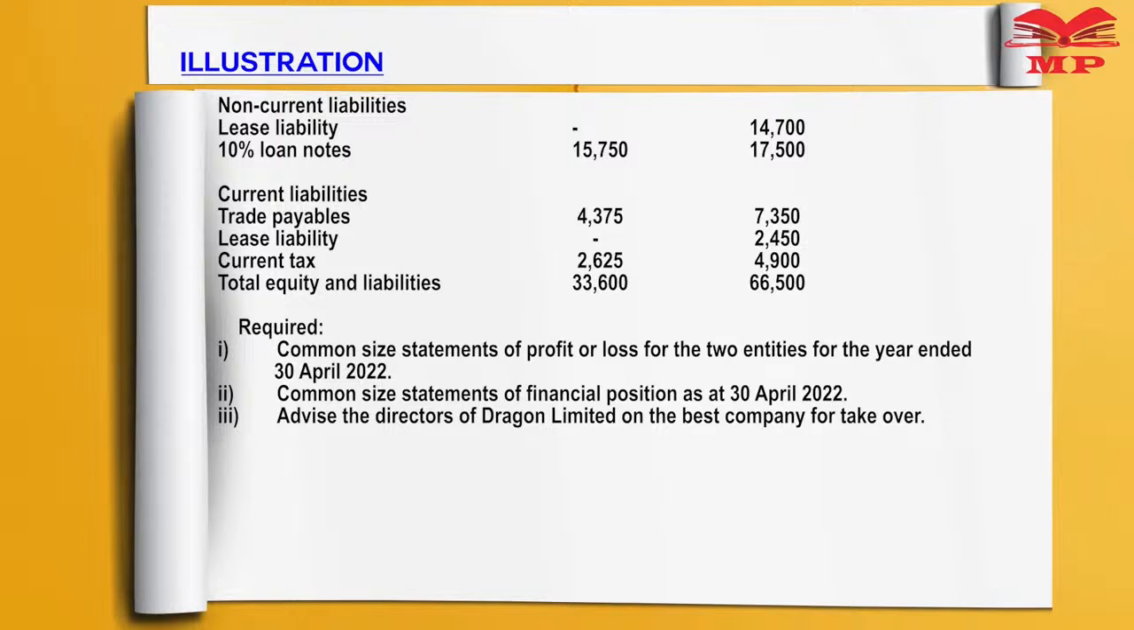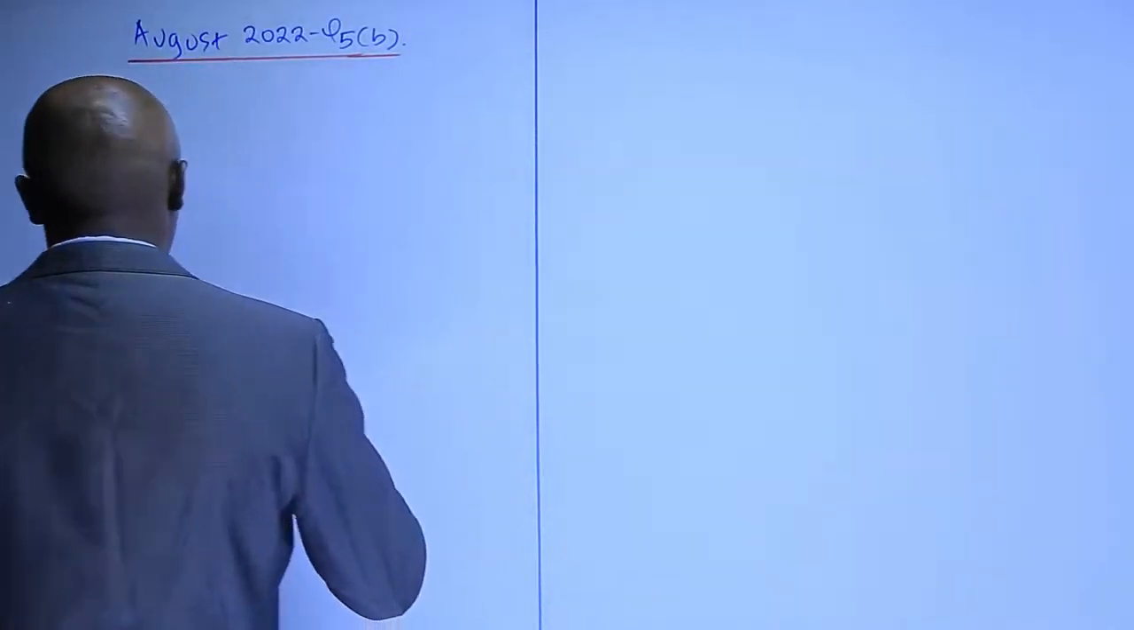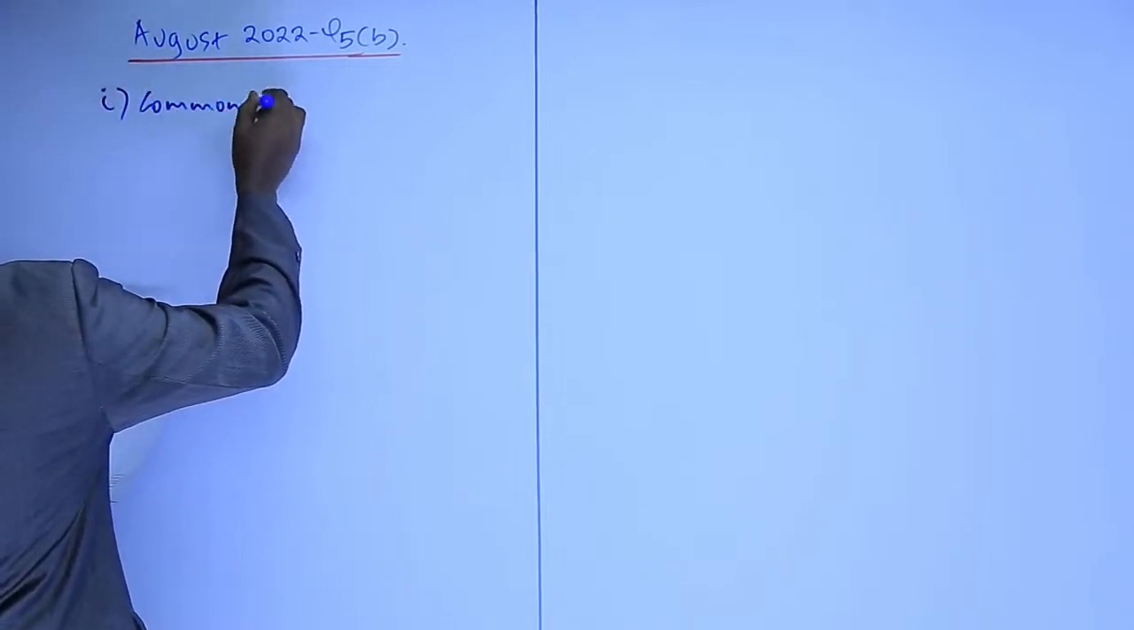What is required in Roman 1 of that question is a common size statement of profit or loss for the 2 entities for the year which ended 30th April 2022. Roman 2, a common size statement of financial position as at 30th April 2022. And finally, we are required to advise the directors of Dragon Limited on the best company for the takeover. So let's start with Roman 1 of that particular question, whereby the examiner was requiring we prepare a common size